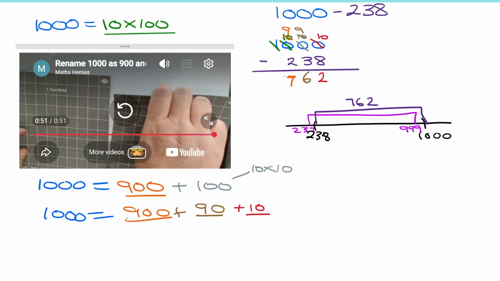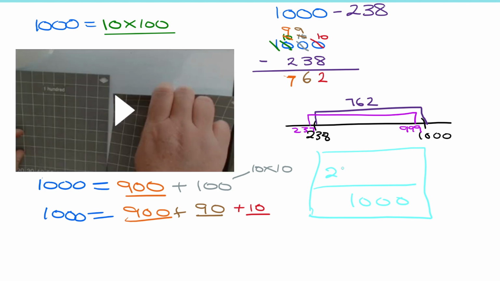So let me draw a box, because I always draw a box. Let's draw a blue box. So here is my box, and I've got 1,000, and I've got 238. Oopsies. And I'm going to say we've got to find Nemo. That's what I usually say. And the thing is, what I've actually done with the light purple line there, or the pinky purple line, is